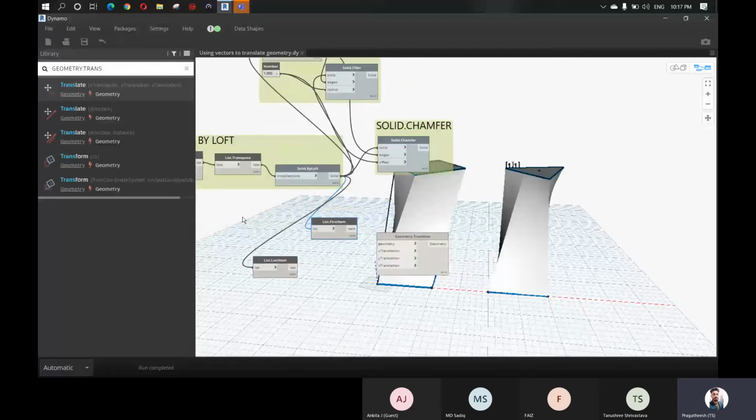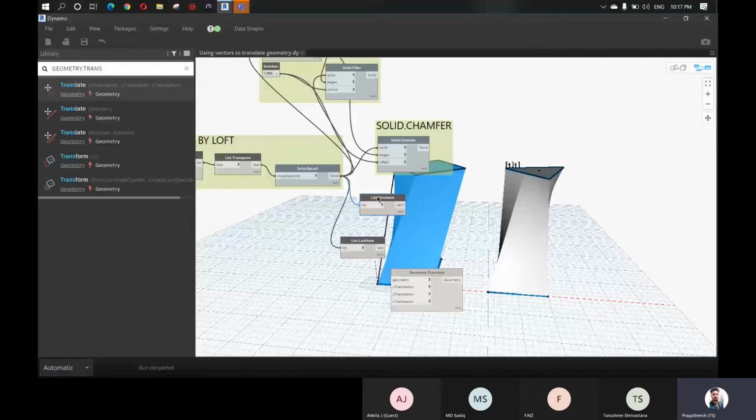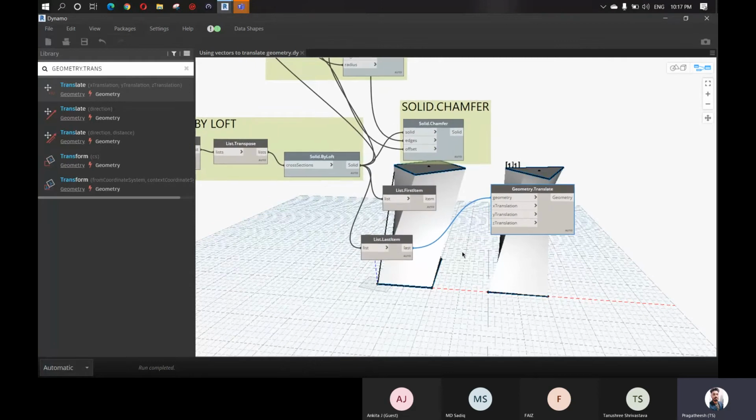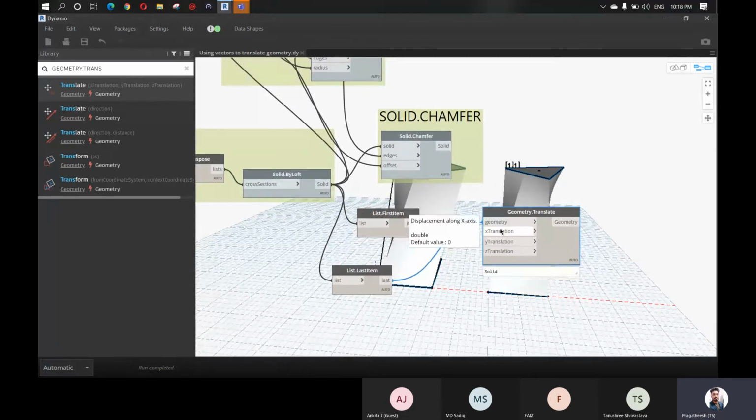Okay, so now we have extracted those two solids, right? The first solid and the second solid. Now let's say that you want to move the second solid towards the first solid. So this is my geometry, and we want to give a value in the x because we are going to move this along the x-axis, which is the red line here.